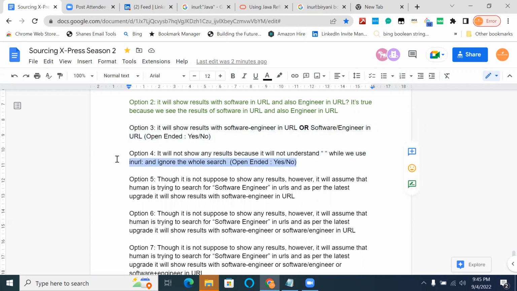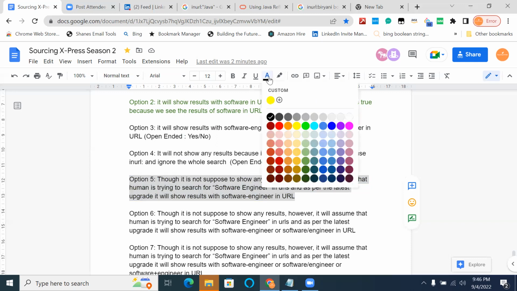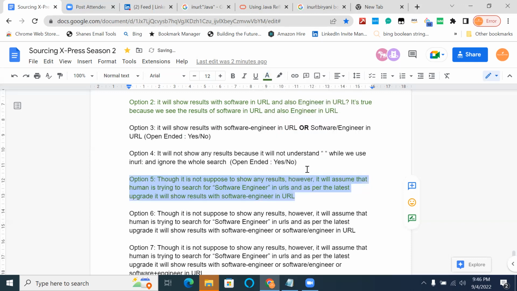Then this should go false. Correct. So anyone here who says that this is not true? No, it is true. Fifth is true. If this is true, then this will also be true, then it will be false.